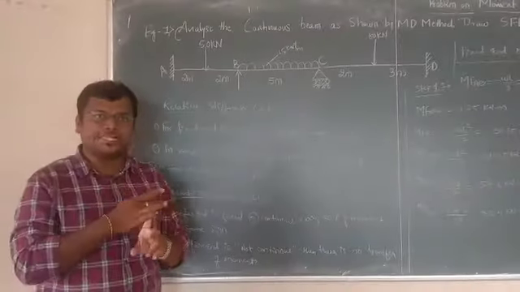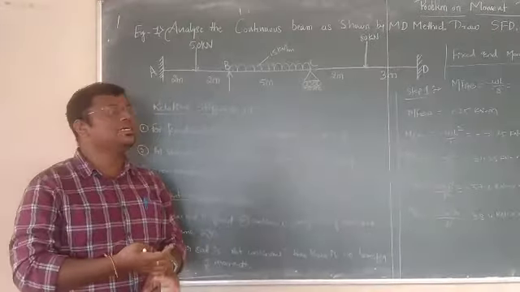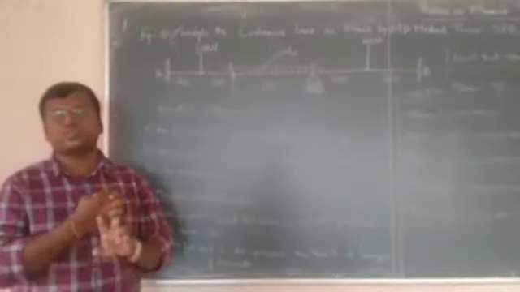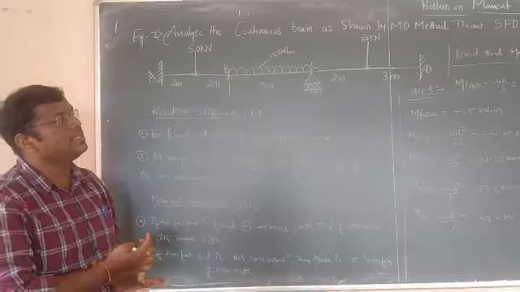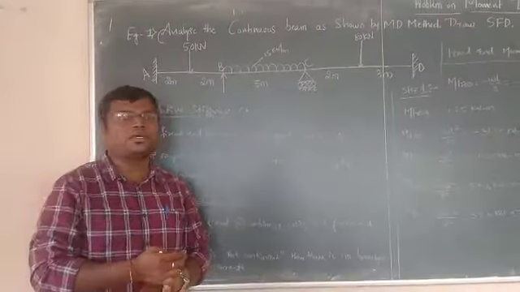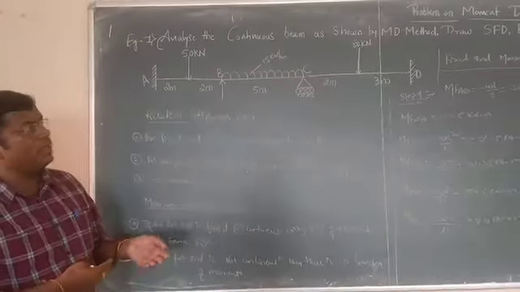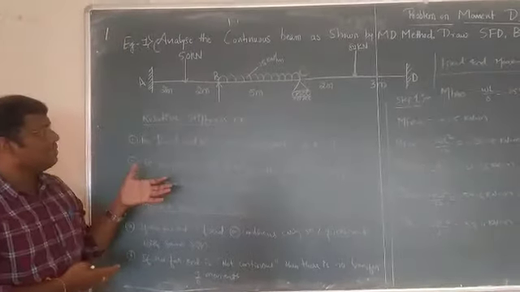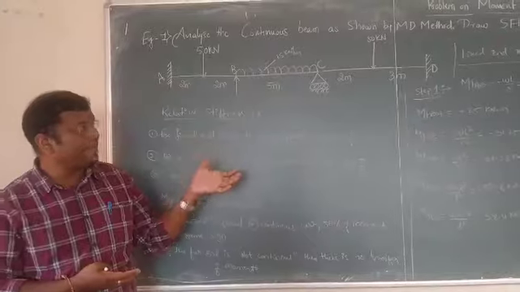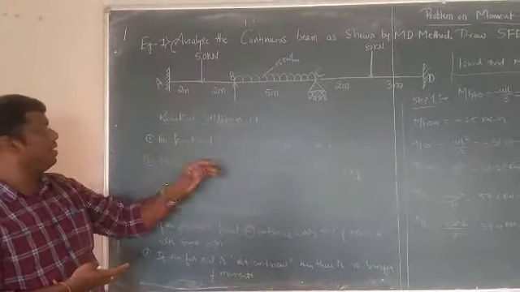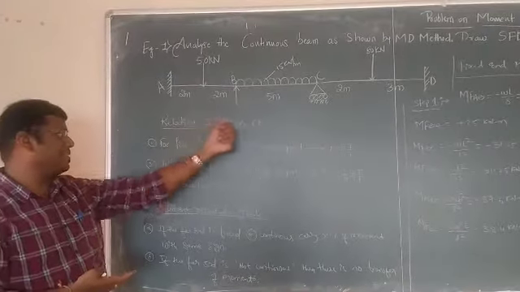One is to find out the fixed end moment, as we have done in the slope deflection method. Second is the distribution factor we are supposed to calculate, and third is the moment distribution table we have to prepare. So we'll go into detail one by one. Before we move on, we need to understand some things which are helpful to prepare the distribution table. So first is relative stiffness, which is key.